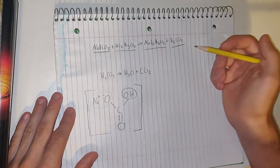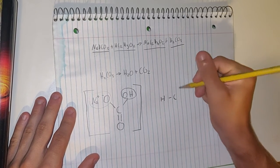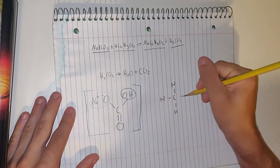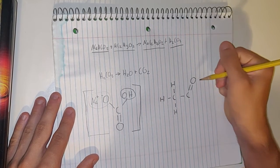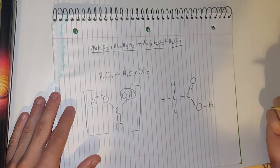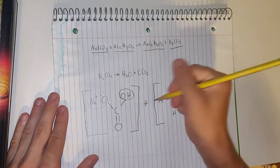Then you have the acetic acid, and you have a hydrogen bonded to a carbon, which bonds to another hydrogen and another, and then over here it has another carbon who is also doubly bonded to an oxygen, and he's also singly bonded to this oxygen because this oxygen is bonded to a hydrogen. And so you have this one as well. And then when you combine these,